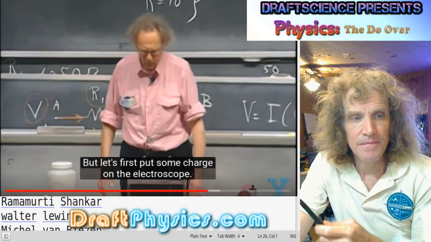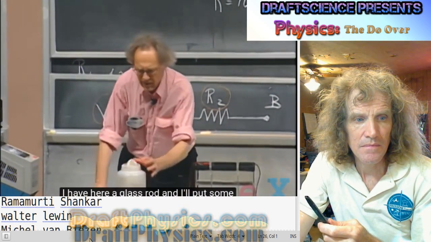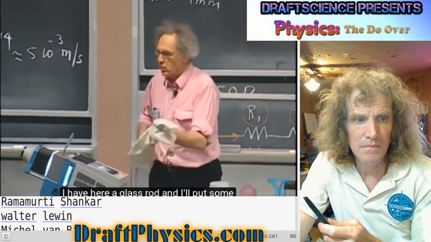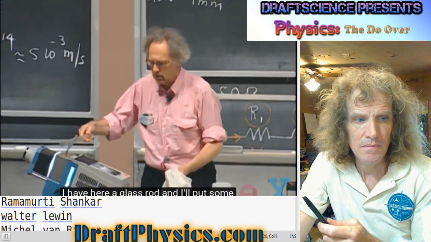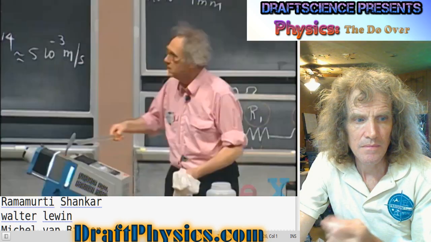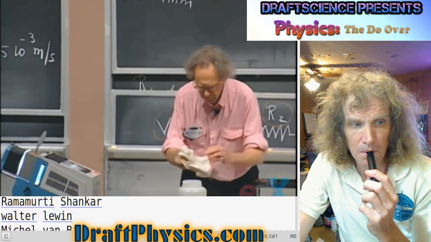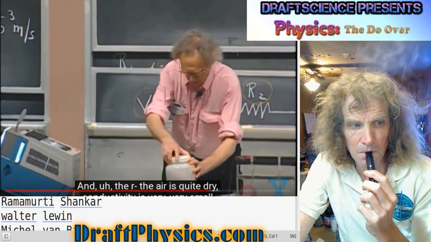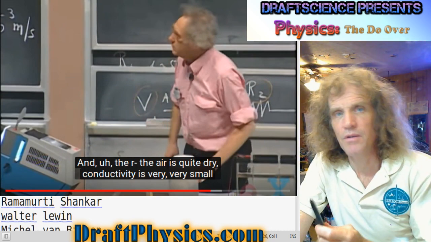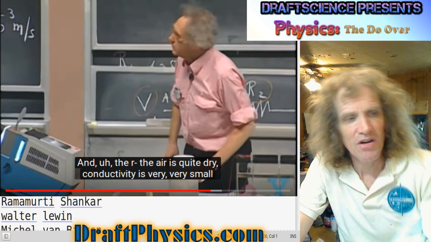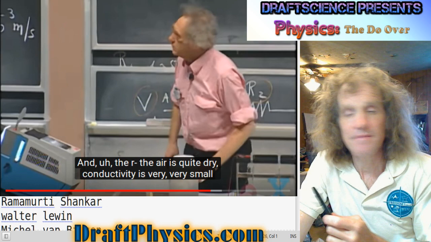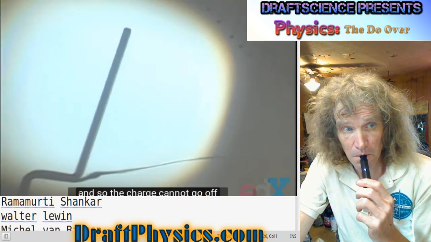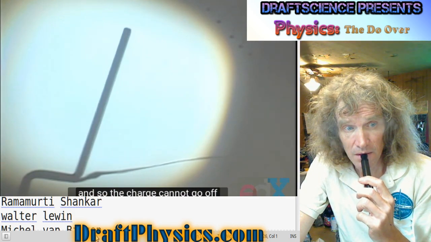Let's first put some charge on the electroscope. I have here a glass rod, and I'll put some charge on it. Okay, that's a lot of charge. And the air is quite dry. Yeah, I've had no luck doing that. I didn't get charge to stick to anything. Anyway, continuing. Conductivity is very, very small, and so the charge cannot go off through the air to the surroundings,